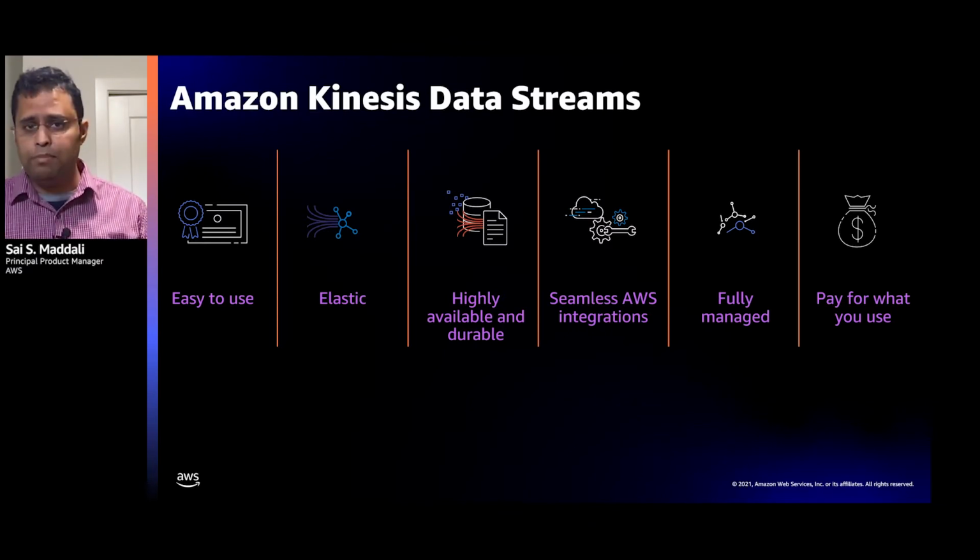So I've built an app. Now I'm capturing all my transactional data in Amazon DynamoDB. With a single configuration, now I can stream the data to Kinesis Data Streams, use AWS Lambda to write a quick function, and basically write my business logic on how I want to generate these real-time metrics.